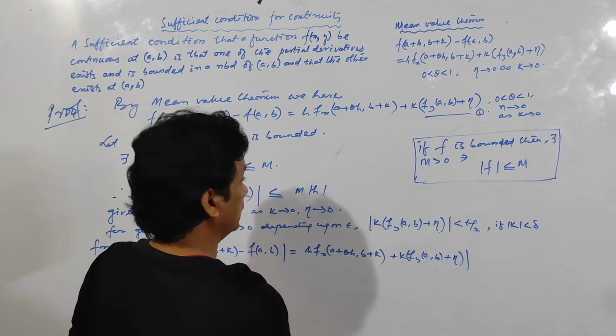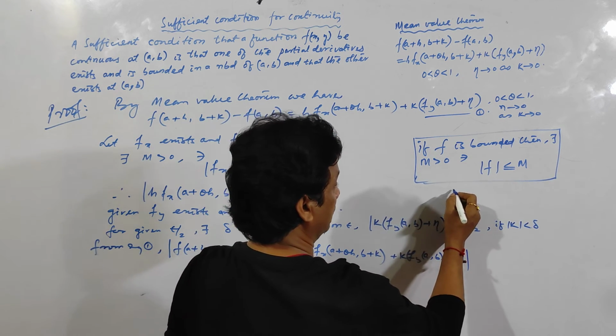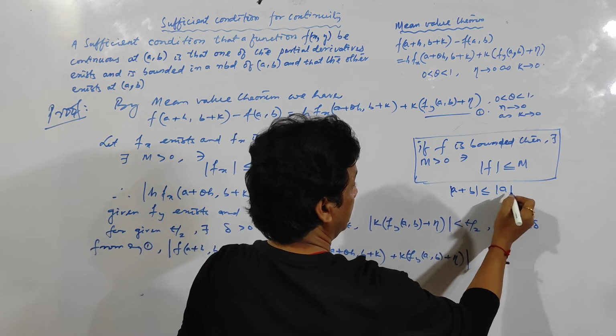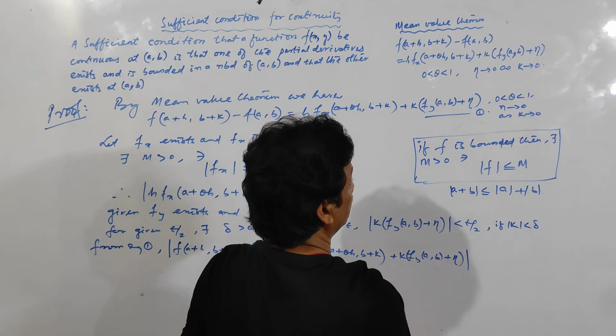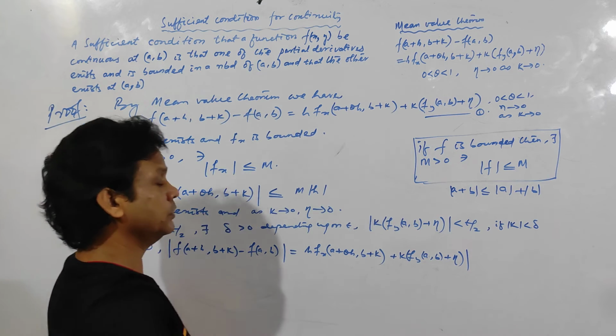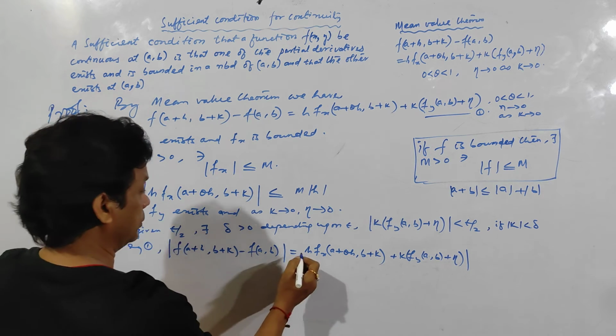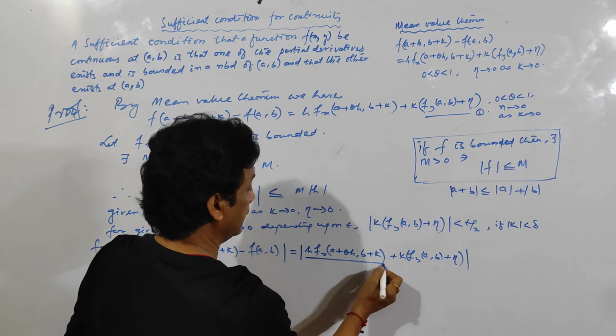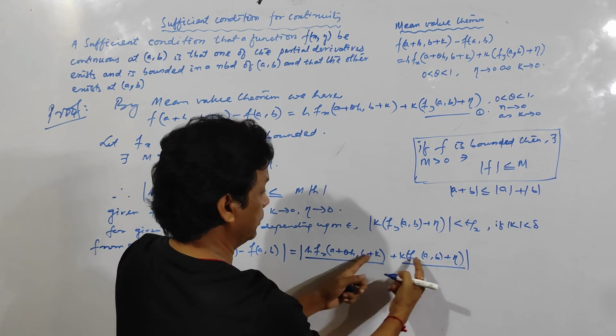Now apply the triangle inequality. What is the triangle inequality? Mod of a plus b is less than or equal to mod a plus mod b. Clear? So if we take the mod of this quantity, this is A, this is B, so mod of A plus B